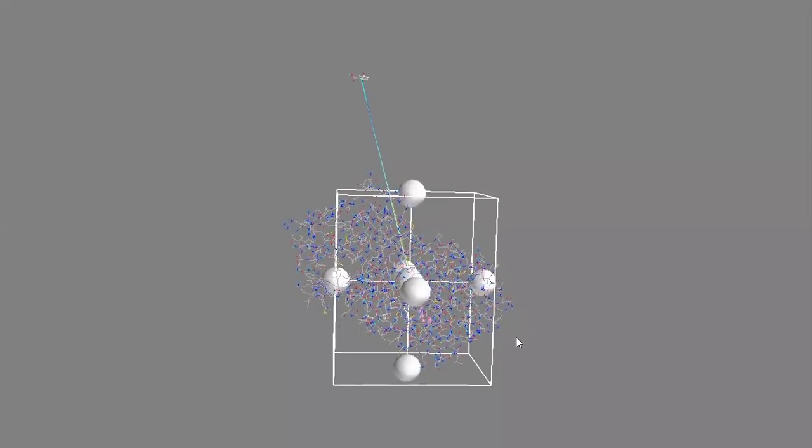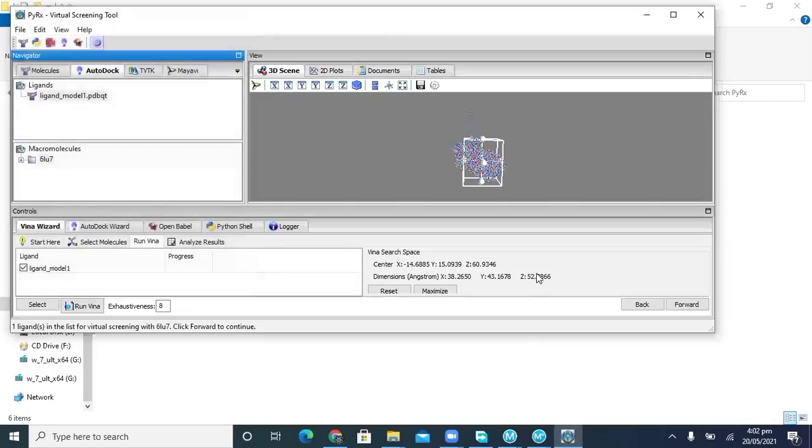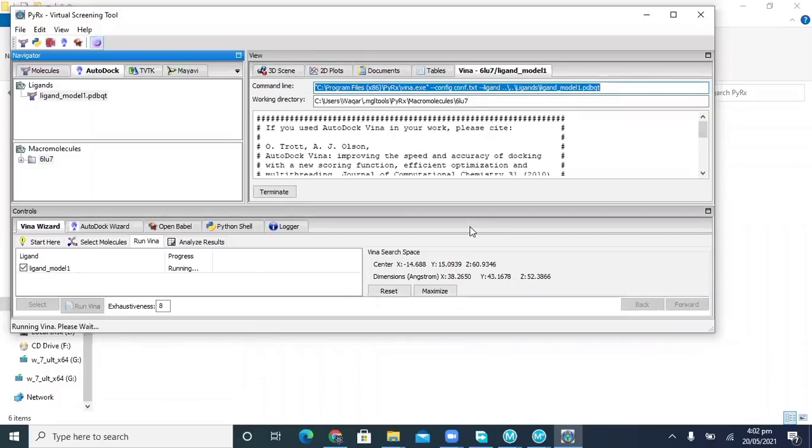So this is covered now. The active site residues have been covered, and we will click on forward. So docking will be completed.